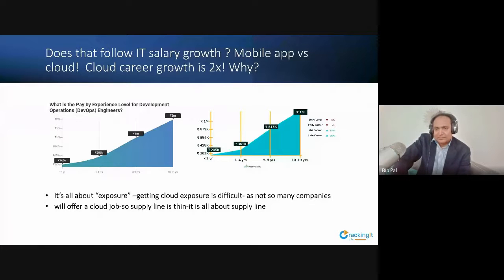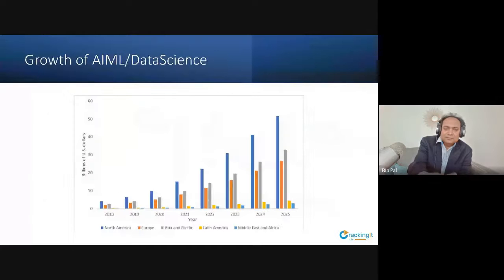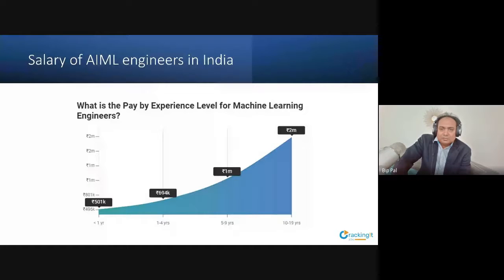That's a new career, but being an AIML engineer is very easy. I mean, you just learn a few libraries in R and Python, and I'm telling you, most of them are becoming AIML engineers by learning a few libraries, and that's not going to last for long because there is a huge supply line. In fact, if you want high salaries in AIML engineering, if you go to the top layer, you really need to know the IaaS cloud, PaaS cloud, how to implement your AIML in the edge cloud. Those kinds of software skills are becoming very important.